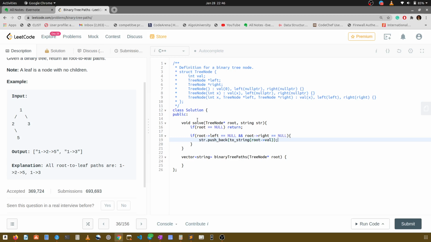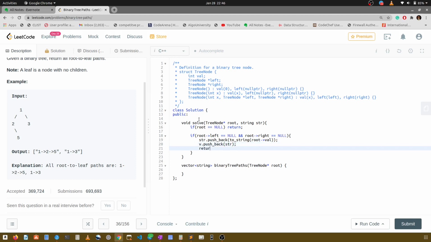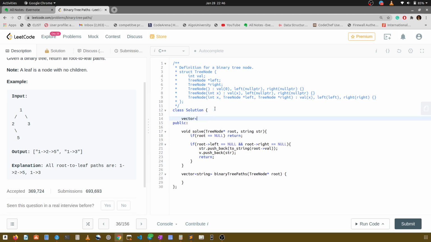All right, and finally v dot push back, suppose I have a vector v, push back str, and we have to return from here. I will declare my vector of strings here in private, globally, so that the solve function can access this vector v, right?